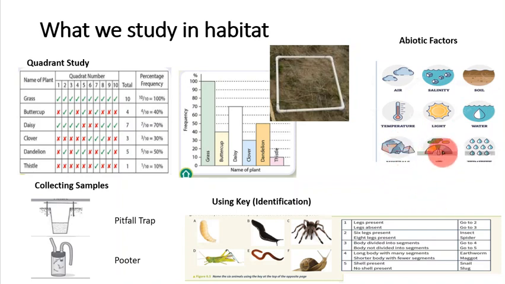You can look at what's known as the pH. Is the soil acidic or is it basic? And you can look at how much rainfall you get within a particular part of your habitat. You can measure this by putting containers out and seeing how much rainfall you get within a particular section of your habitat. We will carry out a habitat study